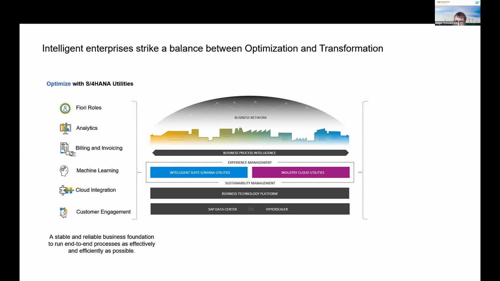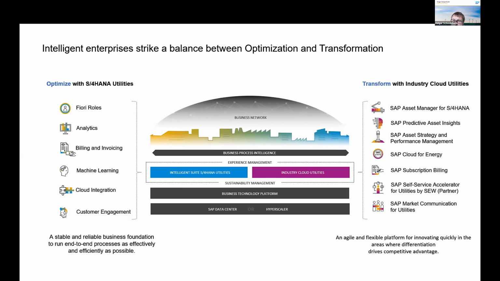On the other hand, we have the transformation topic, the new things that we are bringing to the market with this industry cloud for utilities solution portfolio. And you can see here really a mixture of different topics around the various transformation areas that we are supporting, whether it's asset management, energy and markets, customer, or the service part.